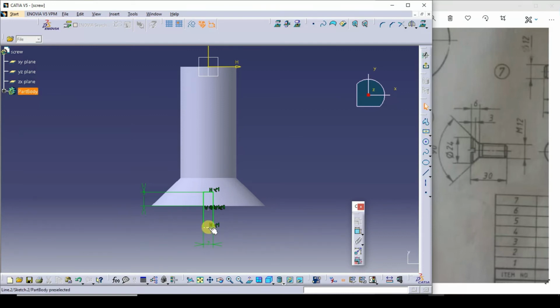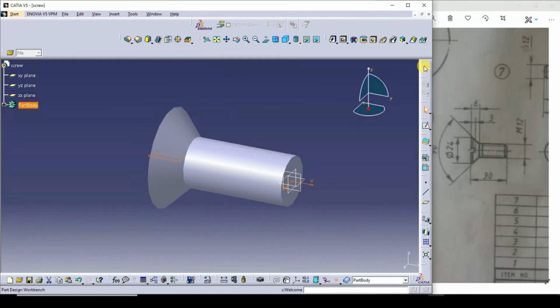So you can take anything, okay. There is no need to worry about this. Just I'll exit from the workbench. I'll go for the cutout pocket command.